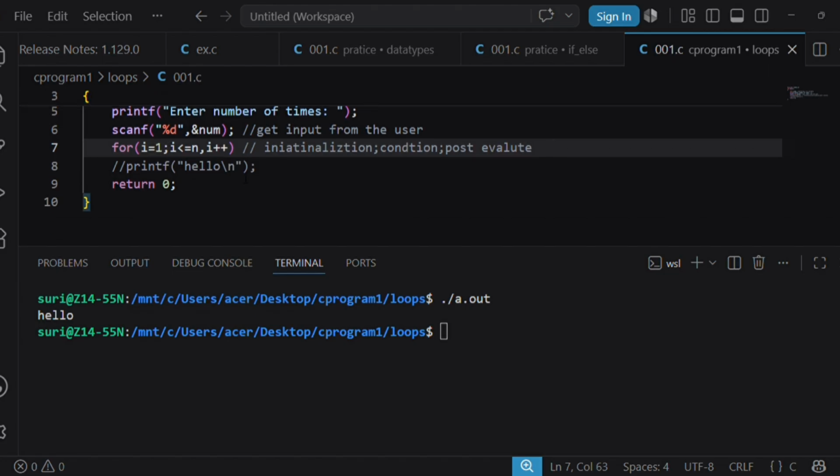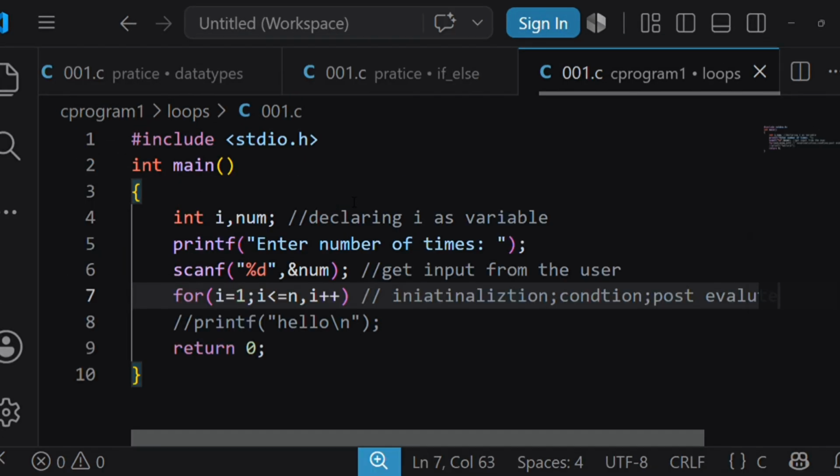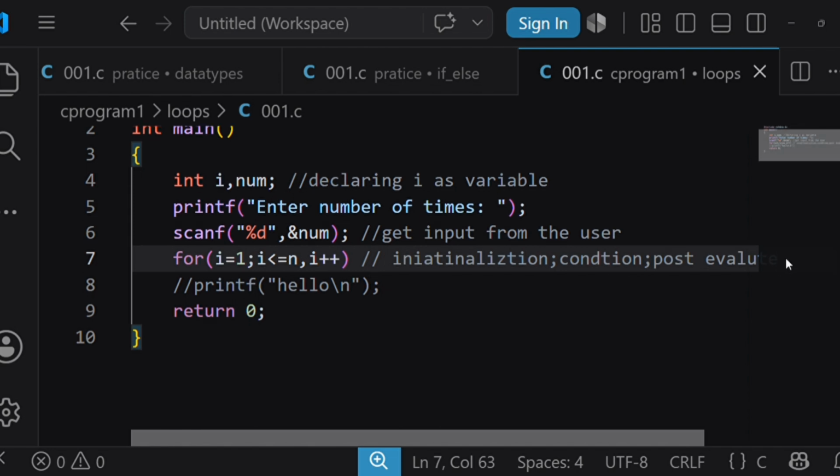How this actually works: I'm zooming in for your clear explanation. First step, wait, I need to write some more code here.